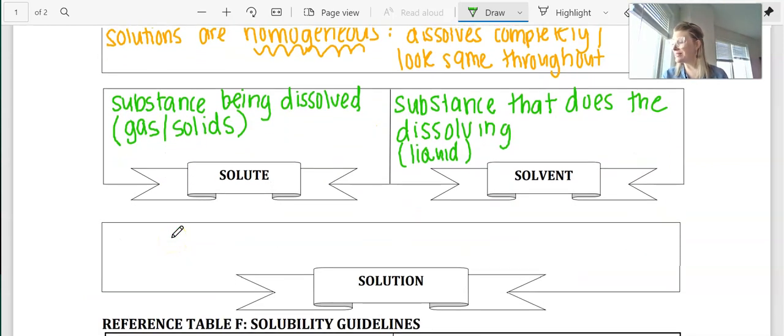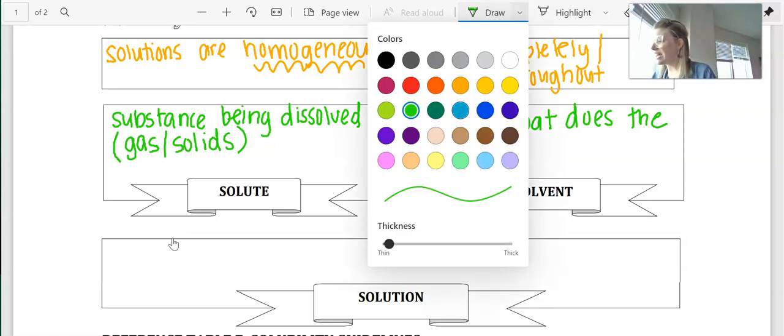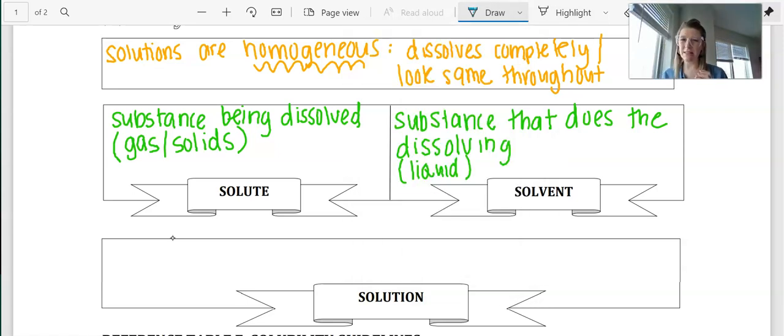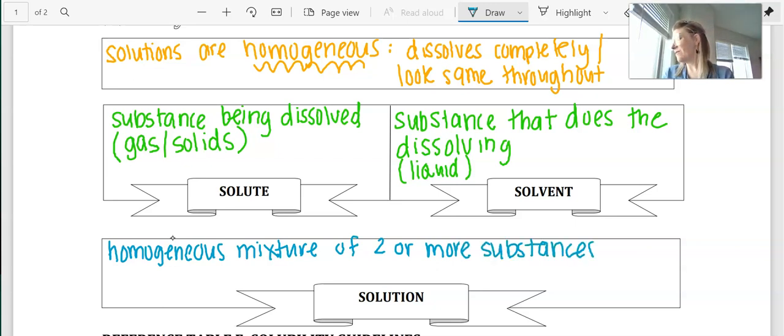So this creates a solution, okay? And so I want to go ahead and just quickly define solution again. I think we've already defined it once in this course, but we are always coming back and always tying new things in. So a solution is going to be a homogeneous mixture of two or more substances, right? And again, we've just defined those as the solute and solvent,